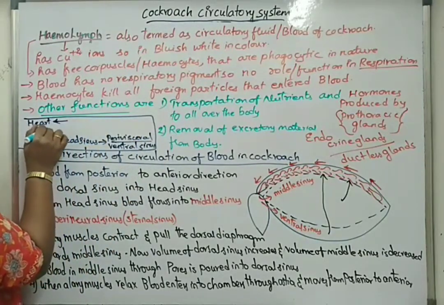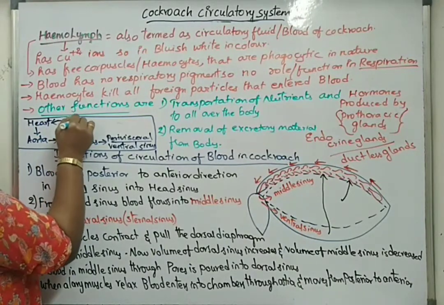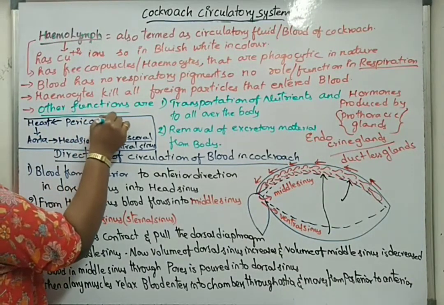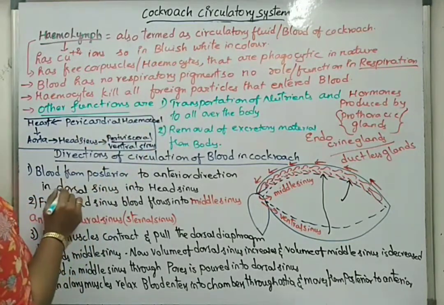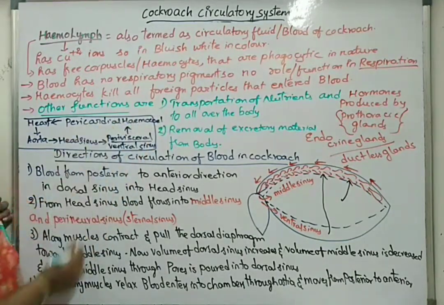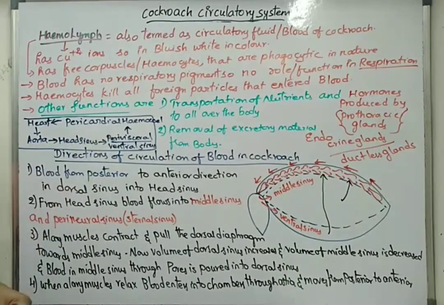Next, to heart, blood is from pericardial sinus, means from dorsal sinus. From perivisceral, again blood is pumped into dorsal sinus or pericardial sinus. So these are some important details regarding the circulatory system of